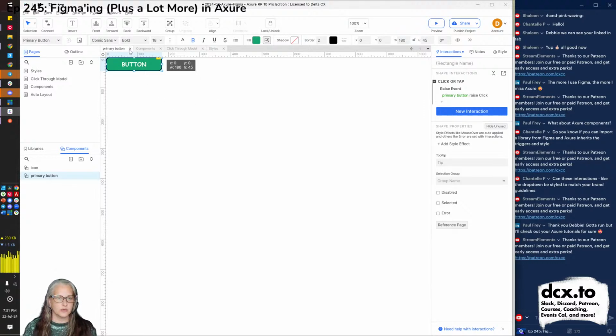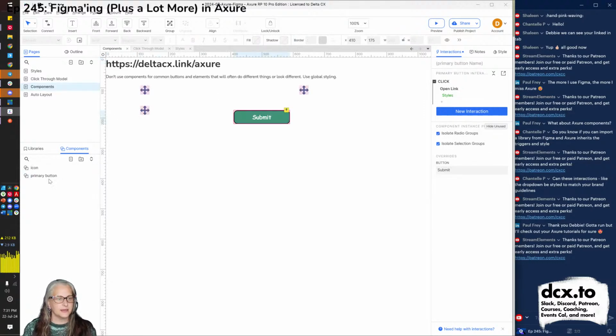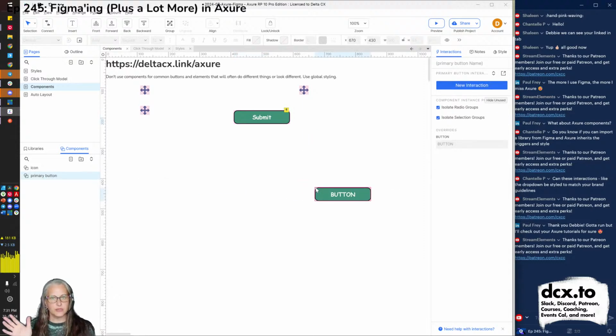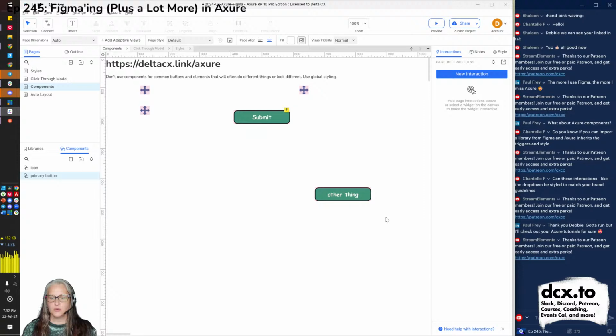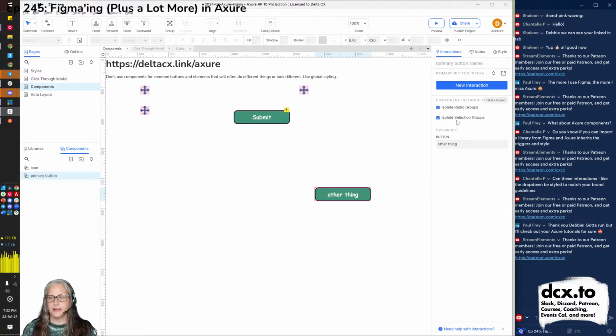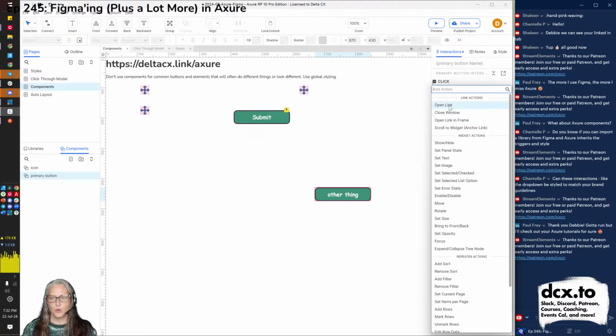Hooray! That worked. That means, hypothetically, I could drag out another primary button, though obviously in real life you would only have so many primary buttons on a page. Do not do this. Other thing. So this button will say other thing, and I can make this button do something different. Click. What should it do?